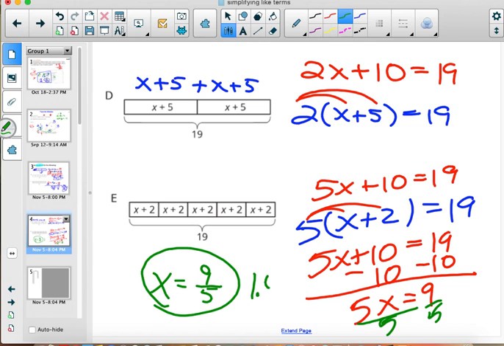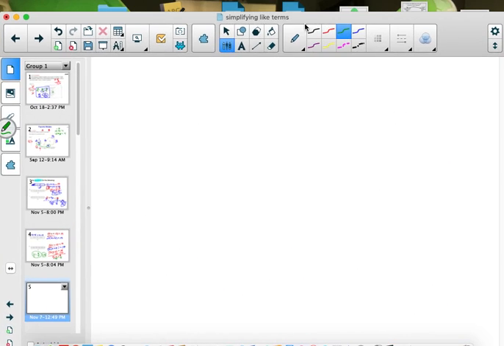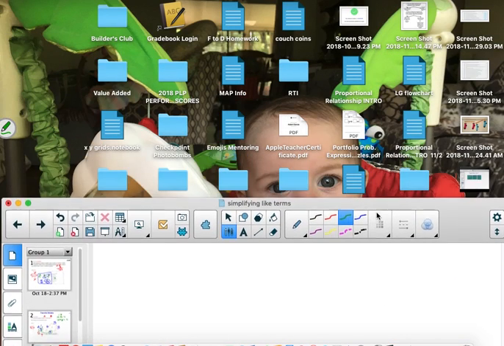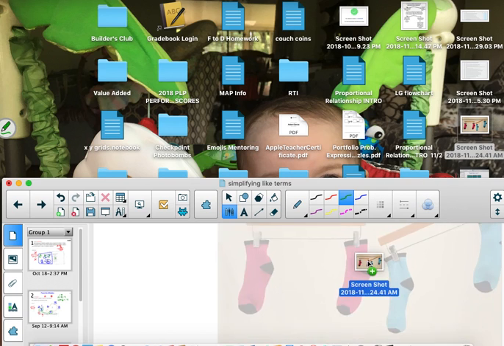What did you write it as? 1.4? 1.8. 1.8? It's 1.8 because when you reduce 9 fifths, it's 1 and 4 fifths, and then 1 and 4 fifths is 1.8. I didn't even see that could be